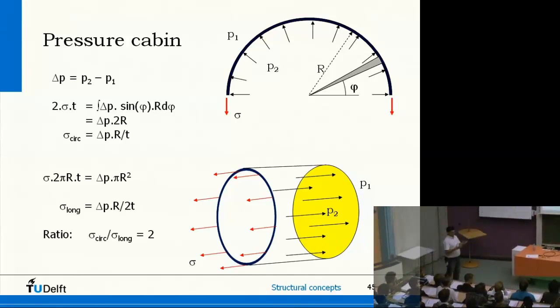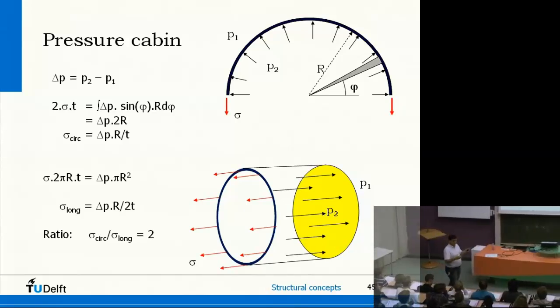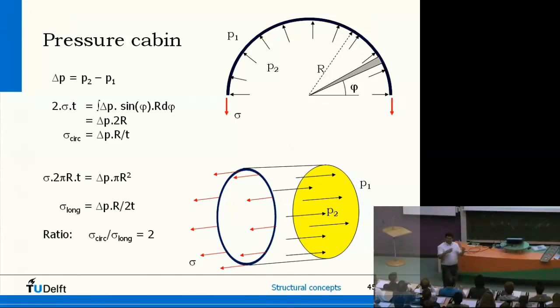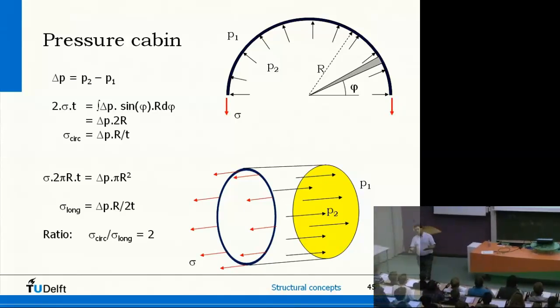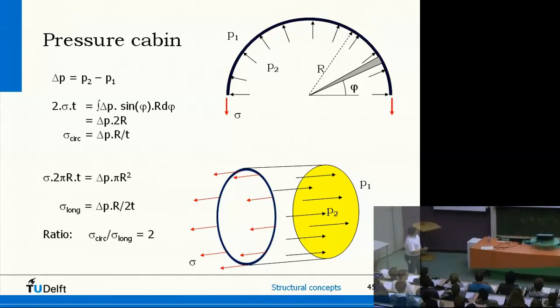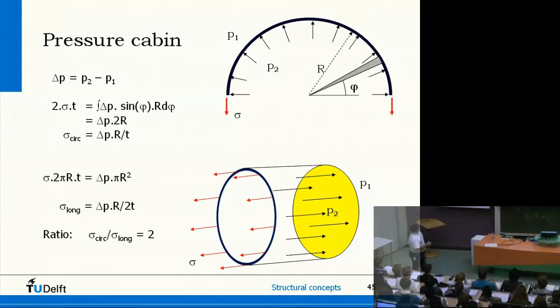This is a significant load for an aircraft, in particular the fuselage. Every time an aircraft is going to fly at altitude, let's say 10, 11 kilometers, it has a significant pressure difference inside, outside. So the pressure difference between inside and outside can be up to half a bar, 0.5 bar. And that means significant stresses in the skins of the aircraft. You can calculate that with formulas like this one. In the hoop direction or circumferential direction, it's the pressure difference times the radius of the fuselage divided by the thickness of the skin.